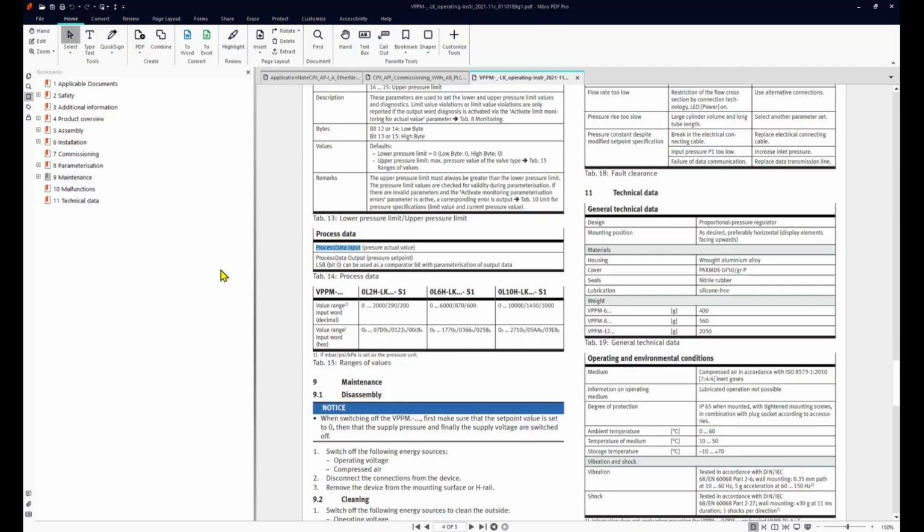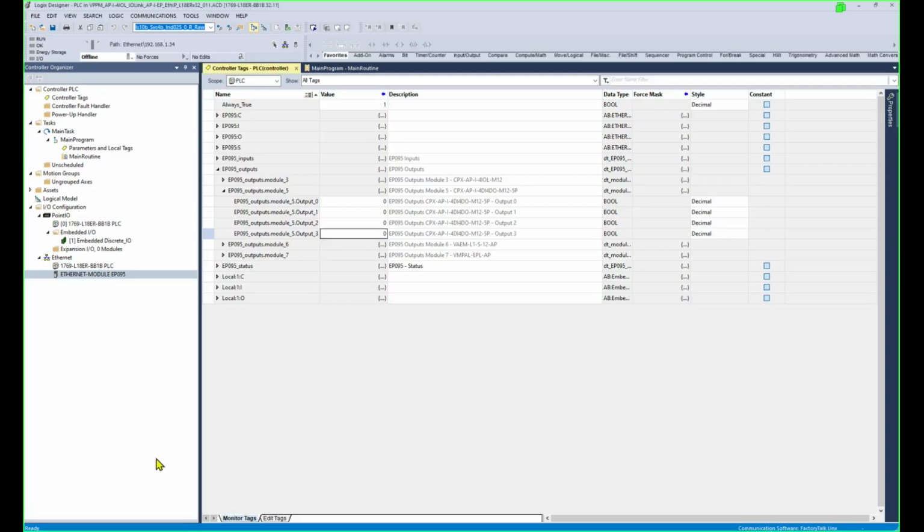Because the 4IOL is transferring the data to the CPX-AP-I-EP, which is connected to the Allen Bradley, and the Allen Bradley uses an Intel Atom CPU, which is little endian, in order to look at the data properly in the PLC, we need to do a byte swap with the Allen Bradley PLC. If we go to the PLC program, we can add a routine